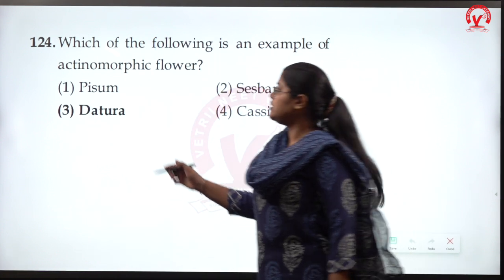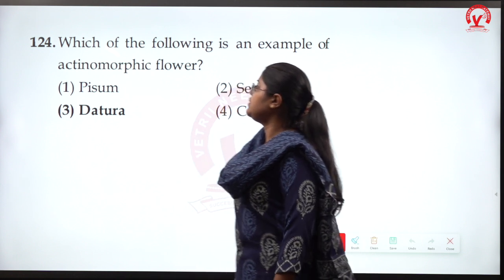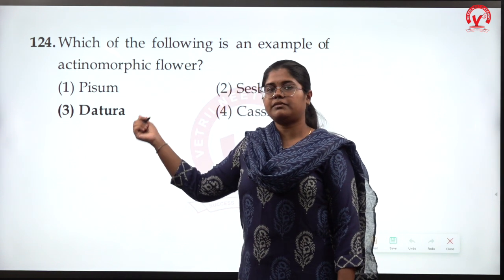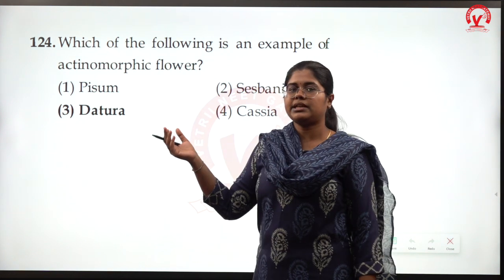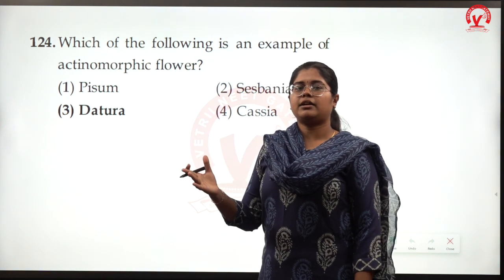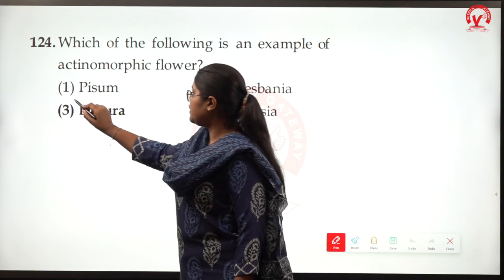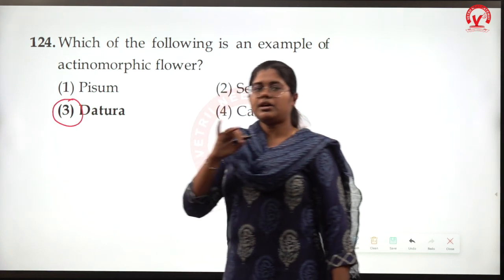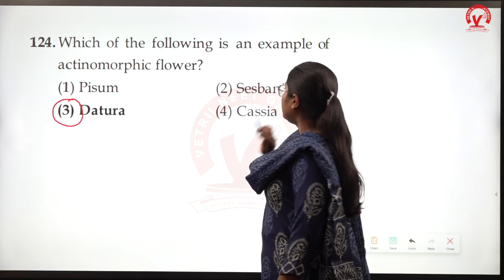So next question, which of the following is an example for actinomorphic flowers, they have asked. Actinomorphic flowers means flowers with radial symmetry. Radial symmetry is, whichever plane you cut, the flower will give equal halves. So examples of actinomorphic flowers are datura, mustard and chili. Pisum, cassia, sesbania,